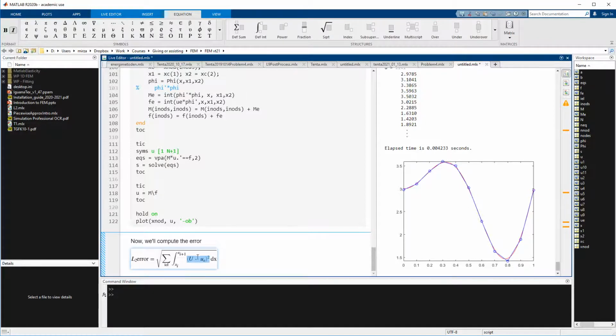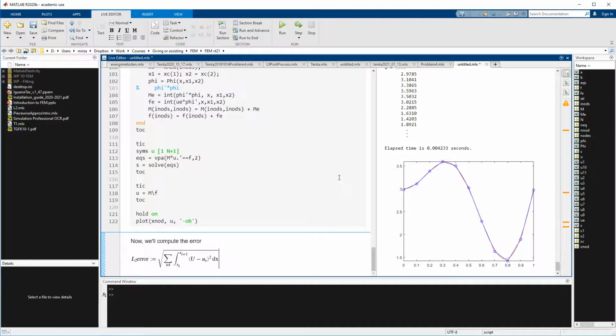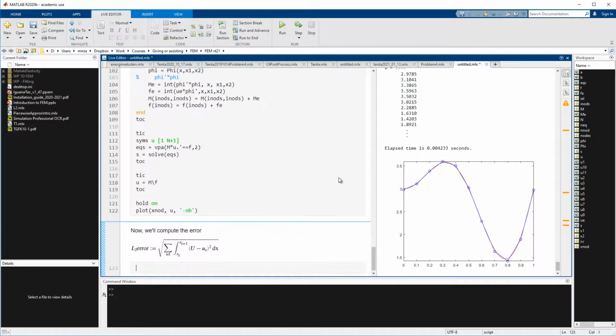And then we're summing all of these for every element, and at the end we're just taking the square root out of that sum. That's the definition, and I should really put this as a definition for the L2 error. Alright, so in code, we can start with the L2 error and set it to 0, and